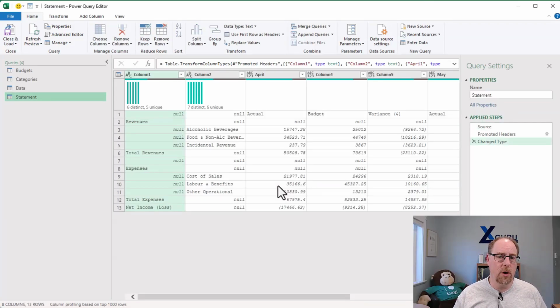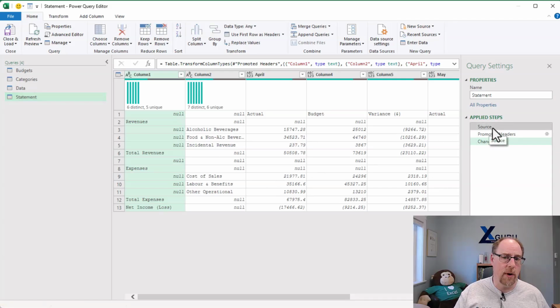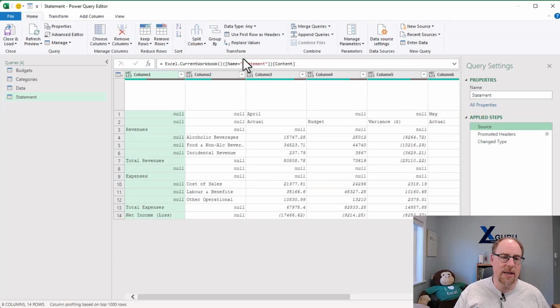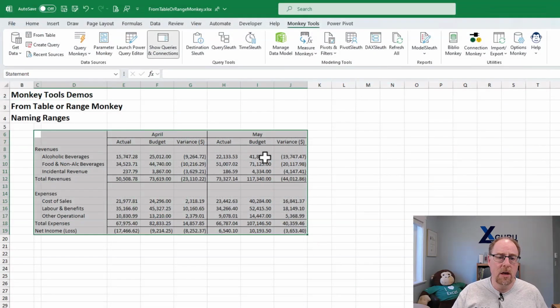The thing that's important here is it did not create a table. It actually created a named range and is using that inside our setup here. So this is a name for statement. So I can now go and do the things that I want to do. At this point, I'm going to hit close and load because I want to make sure that you recognize just how important this is. When I click OK, you can see that this does not have all the colors. It does not have the table tools tab up the top here,